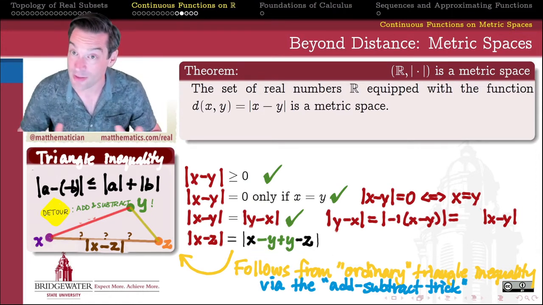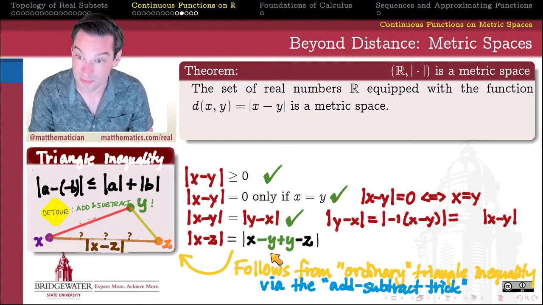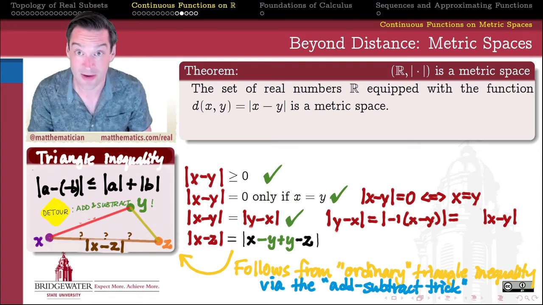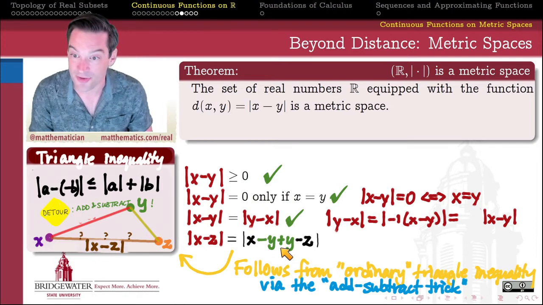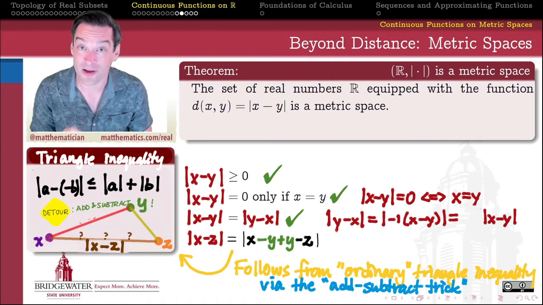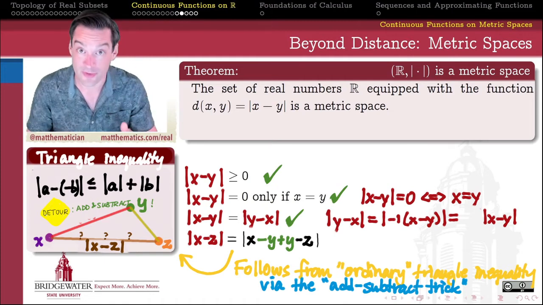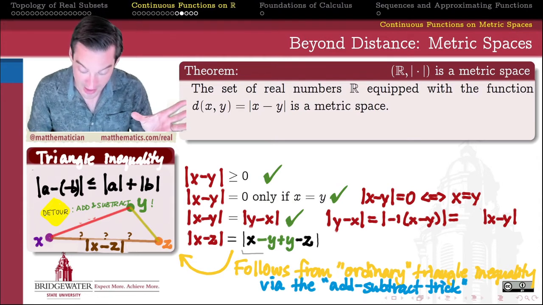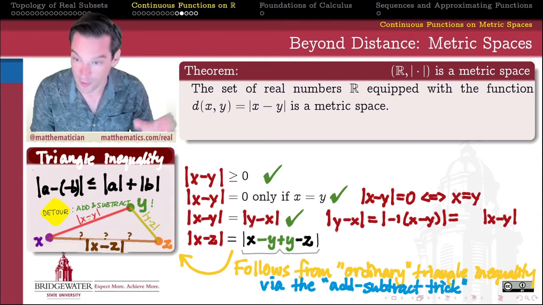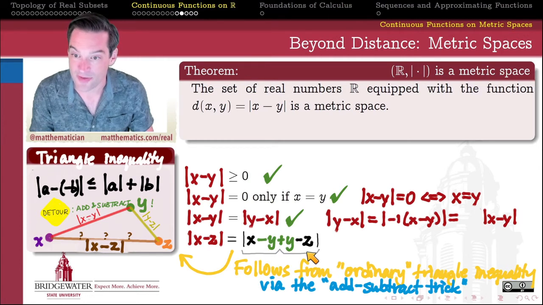I haven't done anything at all to the value of this expression because I've really just added 0 to it on the inside, right? But by introducing a plus inside of my absolute value, now I can use my ordinary triangle inequality, which tells me the absolute value of a sum is less than or equal to the sum of the absolute values. And if I use that ordinary triangle inequality, I can split this up into being less than